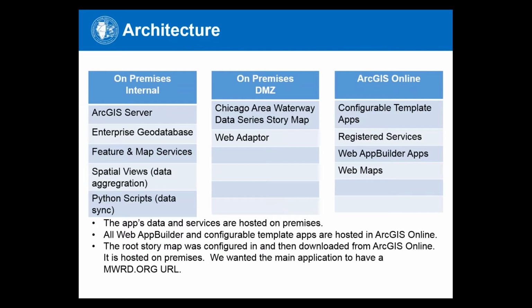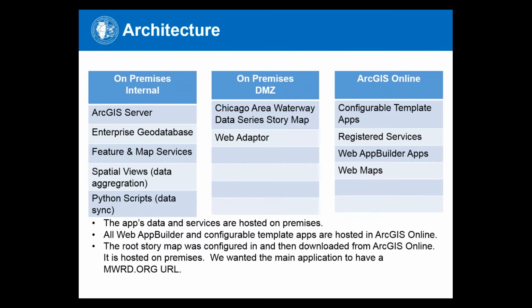We did do some stuff on the back end. We've got some pretty complex and creative spatial views for the data aggregation, and Python scripts that do data synchronization daily. On premise, we've got our ArcGIS servers, so we are hosting a service here in house, pulling data out of our enterprise geodatabase, and we have some feature and map services that are hosted here. In our DMZ, we have a web adapter, and we brought in the series story map template in-house and deployed it on our public-facing GIS web server, so the application could end up with an MWRD.org